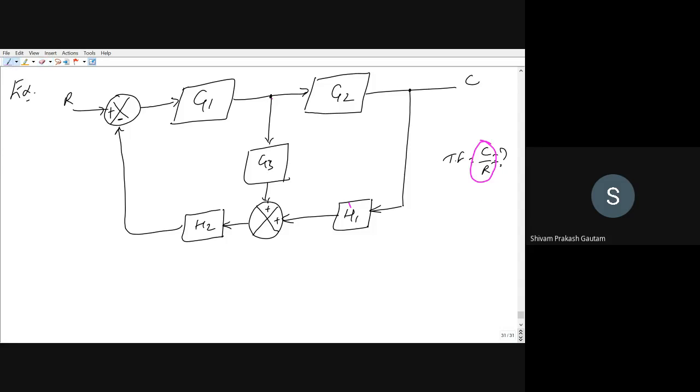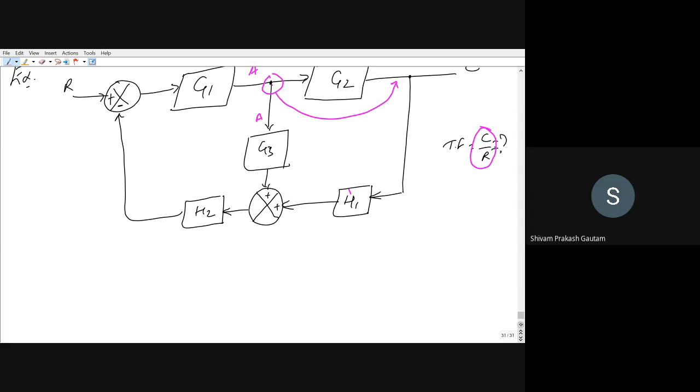Okay. So what I am trying to do is I'm moving this block from here to here. Let us assume again signal A is flowing in this branch. If I move, that means signal A will also flow in this branch. Now, if I move this branch to this point, let us just remove this. I will redraw the circuit again.